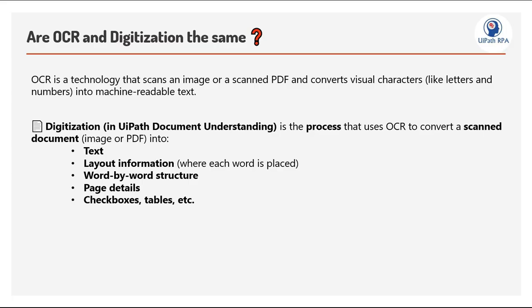OCR is just a technology which converts scanned PDFs or images to readable text, but digitization is the process in Document Understanding which uses that OCR technology to convert those documents into text, not only text but layout information, where each word is placed, word by word structures, page details, and checkboxes, and a few more details as well.